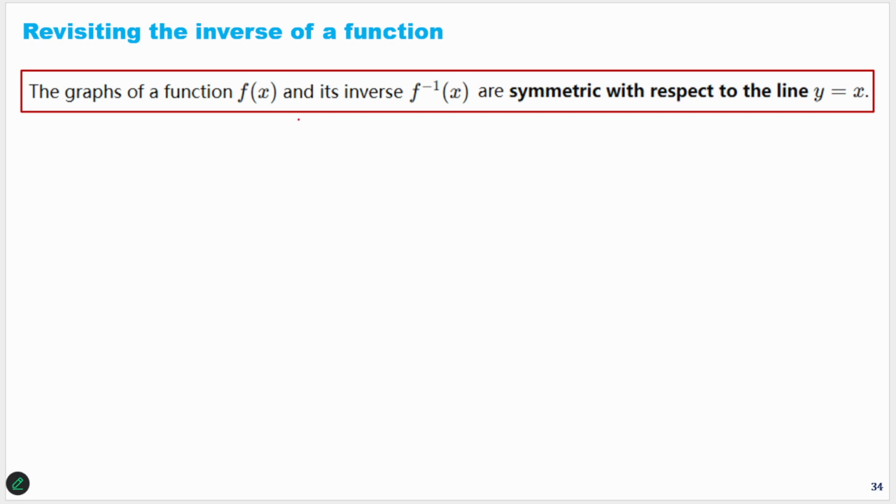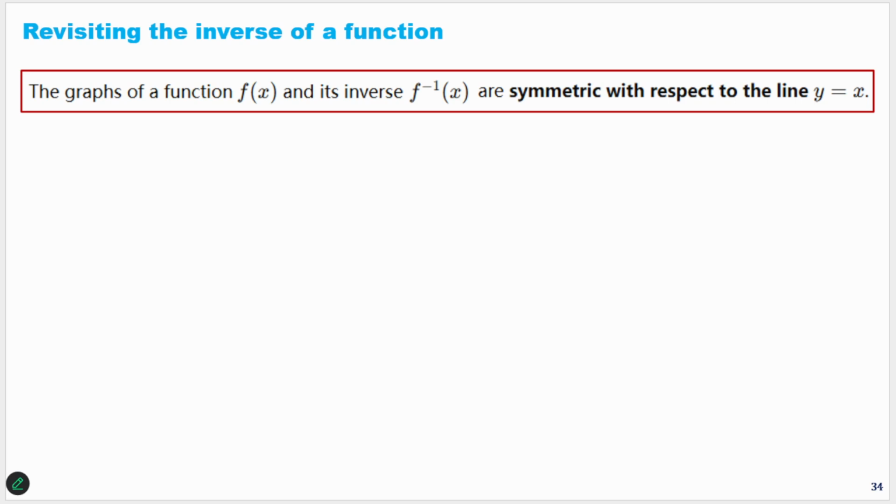Can you recall that? Yeah. So now, as we have just learned the property of lines, can you prove this property rigorously? Can you show why the graph of f(x) and its inverse are symmetric with respect to the line